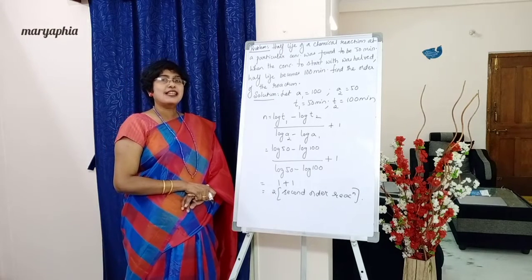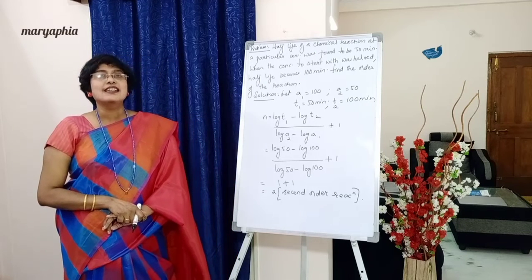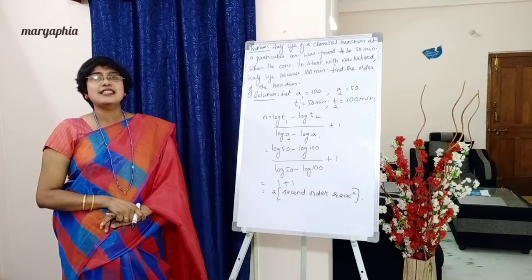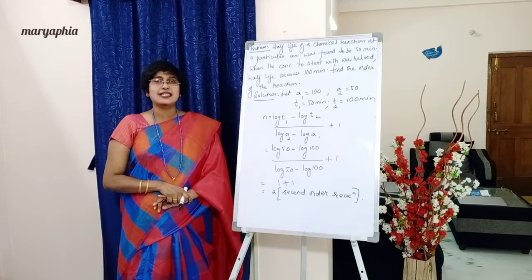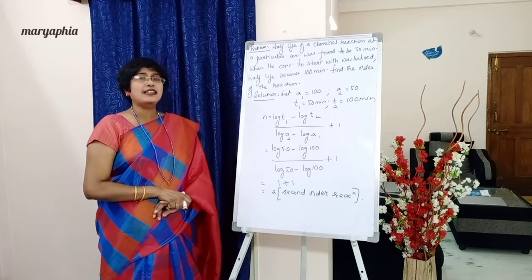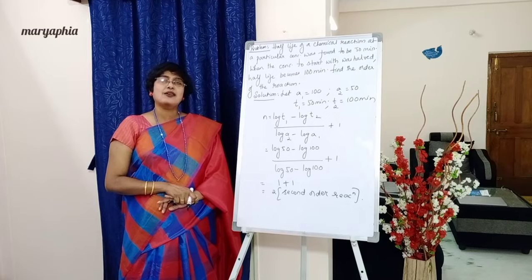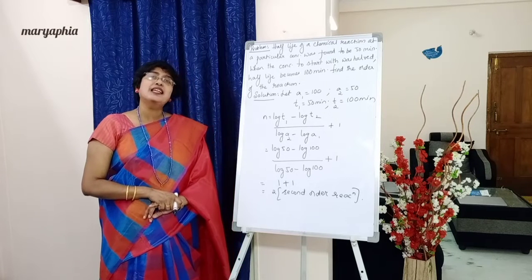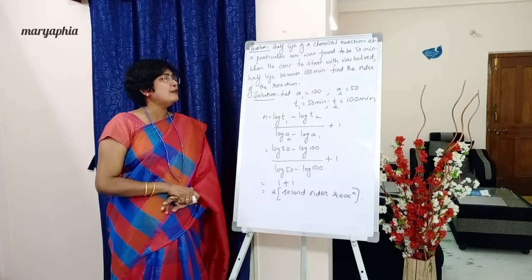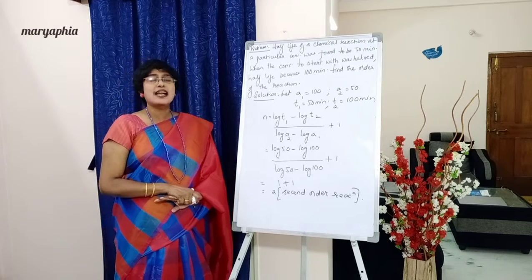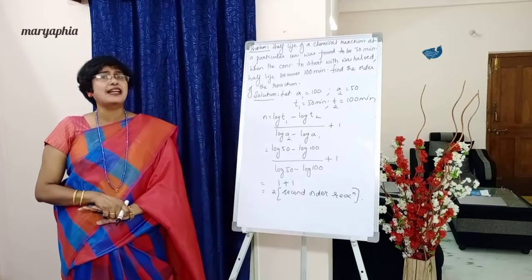Okay. So, excited to do this numerical? Yes. Put the side heading, solution. So we are just given half-life values at two different initial concentrations. So write down, let A1 be 100. So we started with a particular initial concentration that we are assuming to be 100. So let it be A1. Let A1 be 100. So this 100 has become half. So A2 will be half of 100.